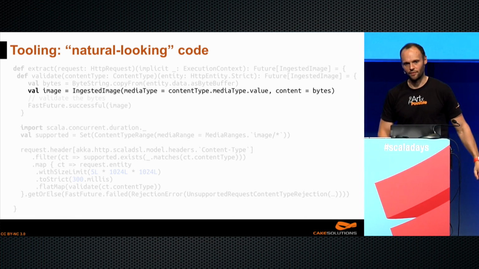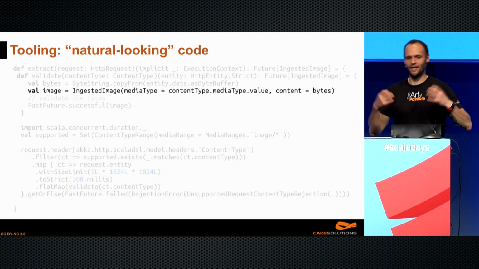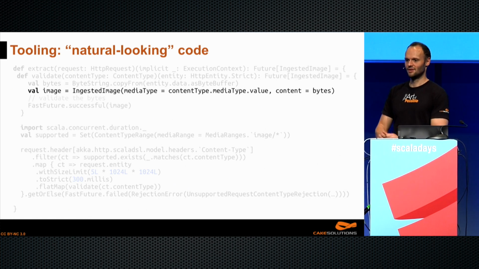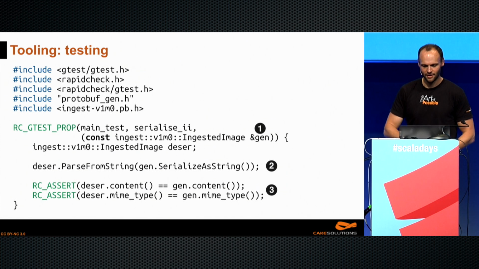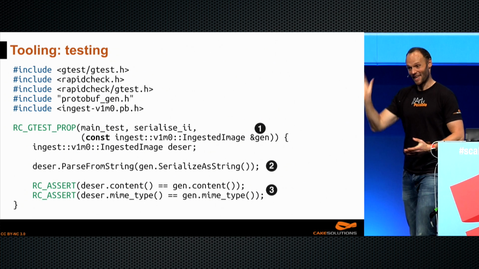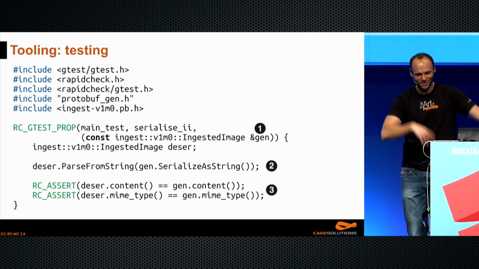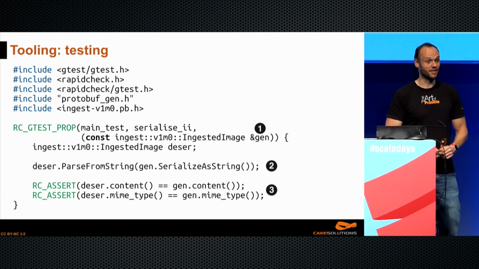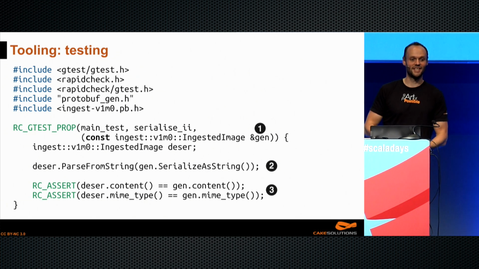You might say, protobuf, I don't like it. It's too slow, too big, I'm going to use Avro. Sure, make sure the tooling is right. Of course, we all do property-based testing. This is where you go, yes. Okay, you said yes. But you could do this in C++. You could write property-based tests.